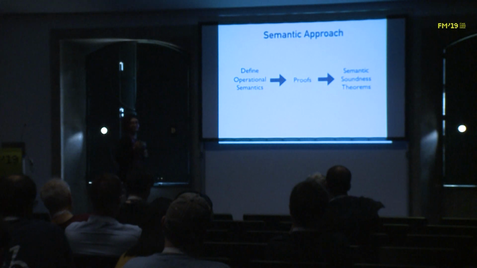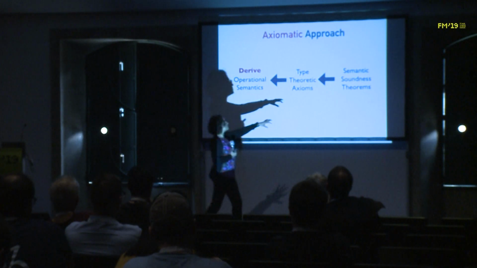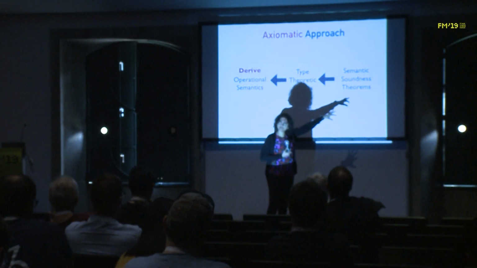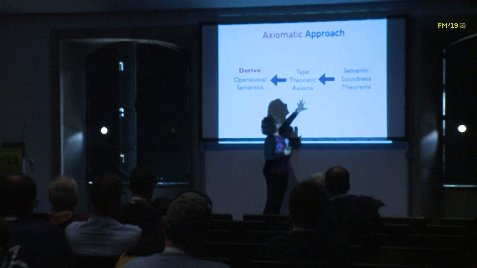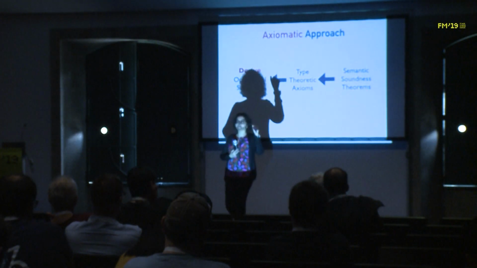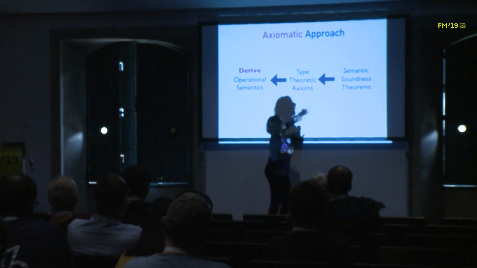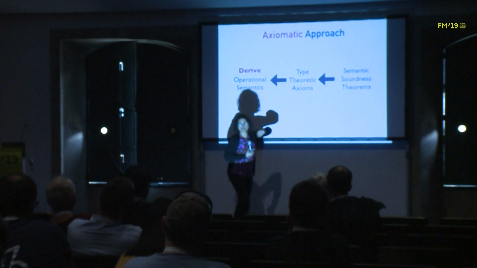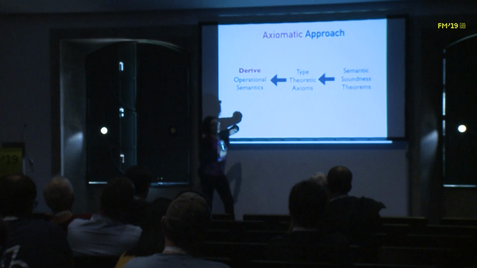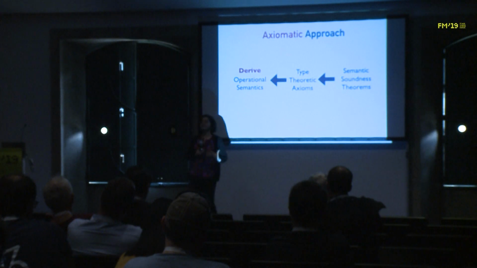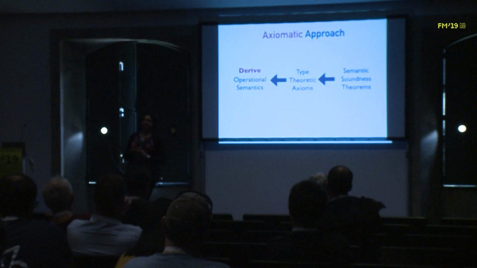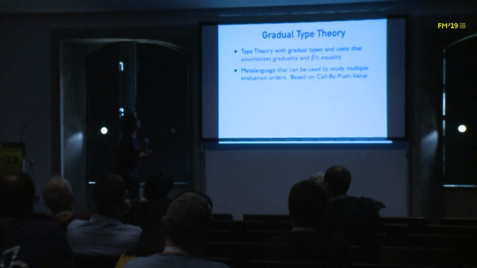But I want to go a step further. I want to go that way. I want to be able to start with semantic soundness theorems, the properties that we want. I want to be able to essentially axiomatize, write down a set of relational axioms that capture properties like graduality and relational type soundness. I want to justify my axioms using the semantic soundness theorems under the hood. And then from these type theoretic axioms, I want to derive the cast semantics that I should be using. And you can do that if you have semantic foundations under the hood. So let me just quickly talk about how we do that,